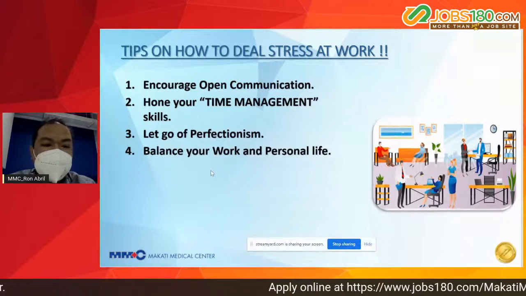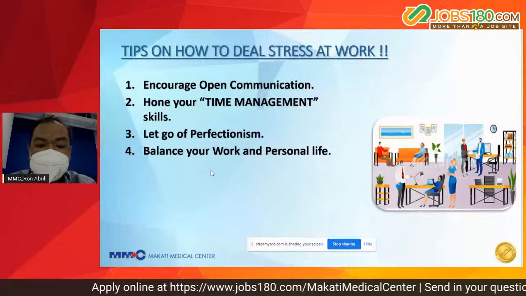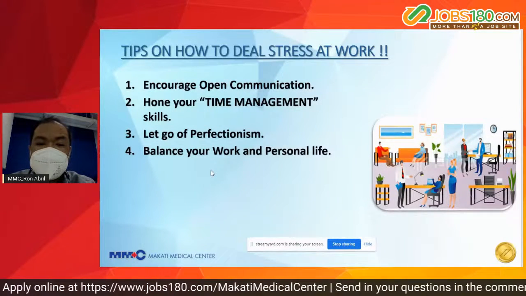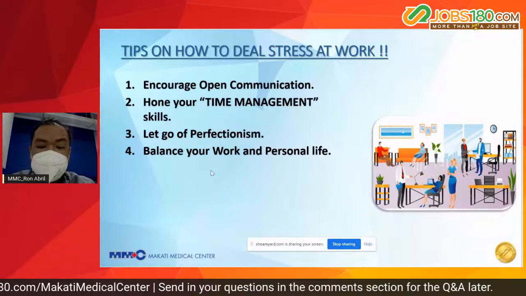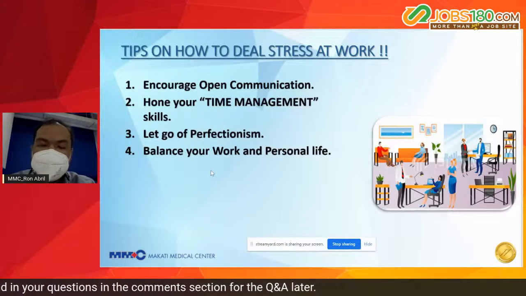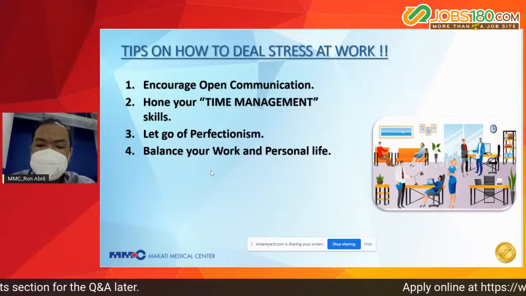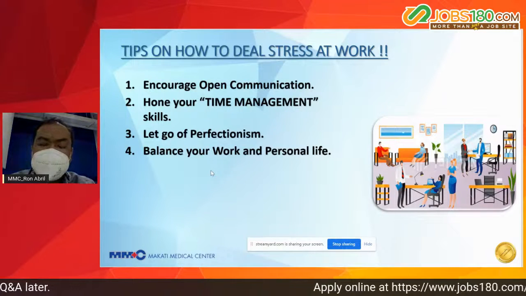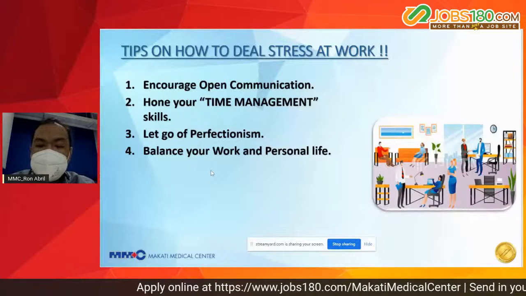So number 4, isa sa mga pinaka-important, balance your work and personal time. So meaning, you have to learn to set boundaries from your work to your personal life. So as much as possible kung day off ka naman, or weekends naman and hindi naman kinakailangan makipag-communicate sa